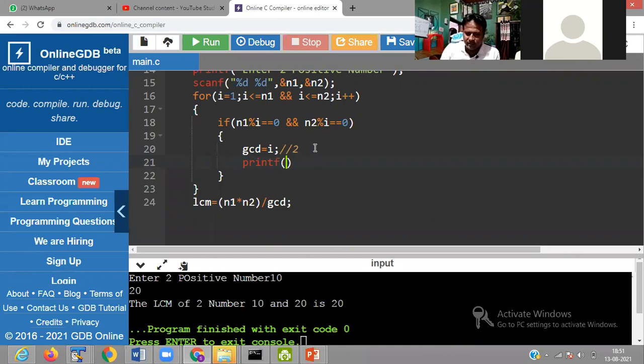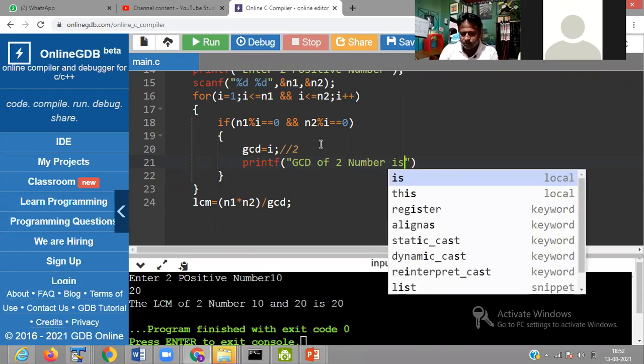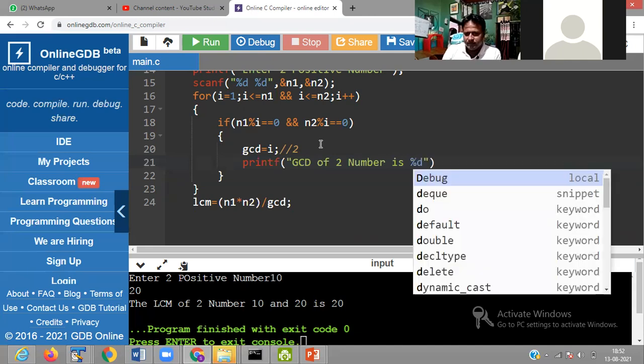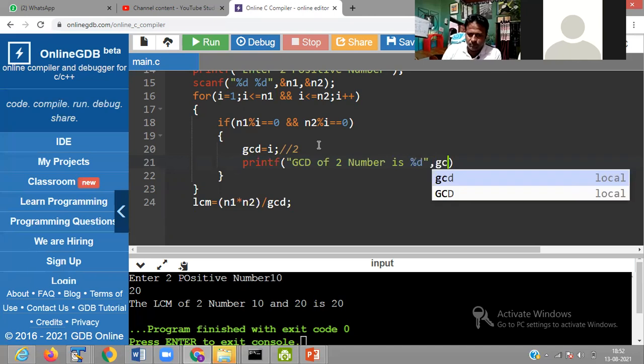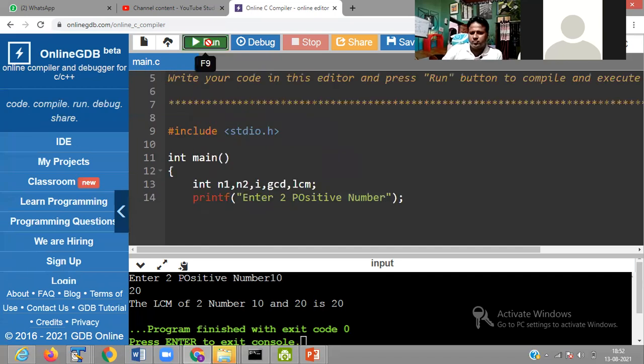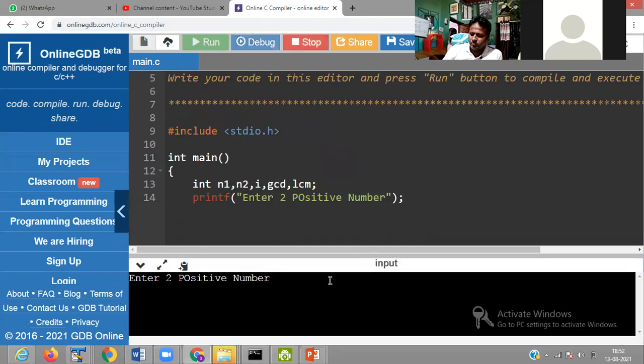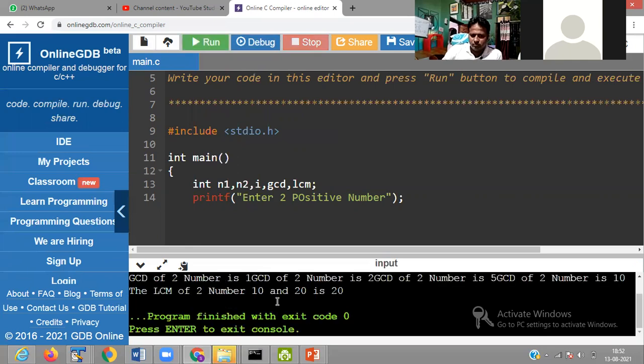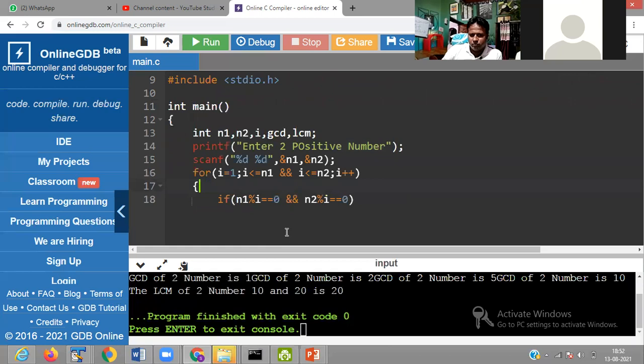Printf. So we write here GCD of 2 number is %d.